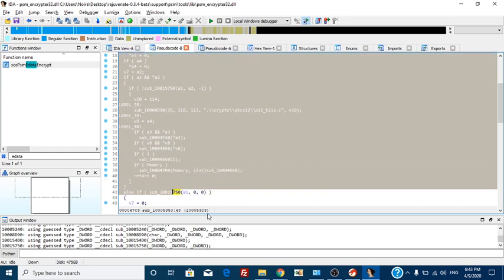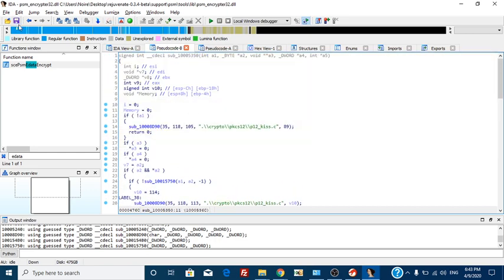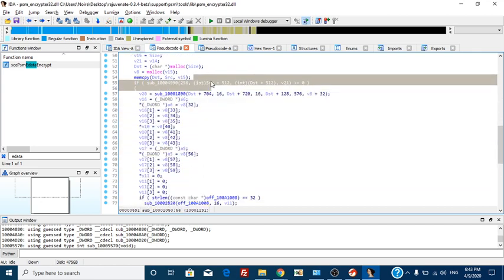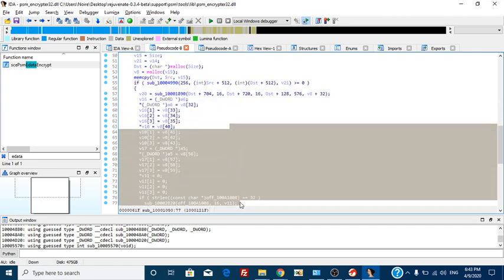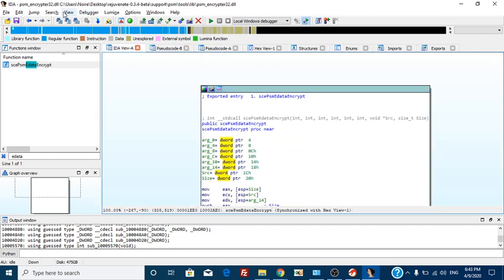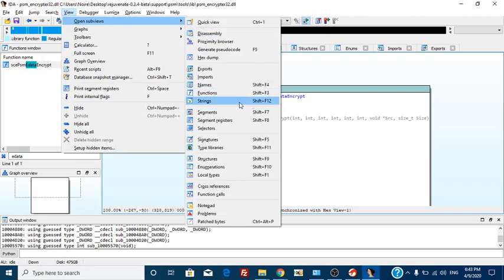Why didn't this function work? Why doesn't it detect this function? I know if I search strings,